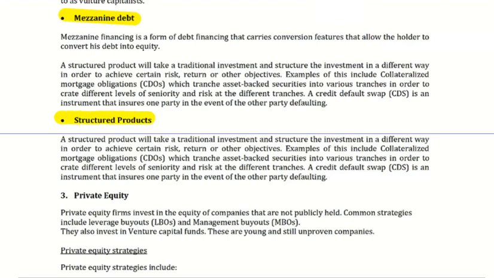And you notice over here, that's what I spoke about a bit earlier, structured products. Structured products used to be viewed, and I'm going back to 2023 and years before that, as a separate alternative asset investment class. Now it finds its way under private debt. Things over here, structured products, things like CDOs, collateralized mortgage obligations, collateralized debt obligations, CDSs, credit default swaps, and we'll talk about all of those in the correct place.